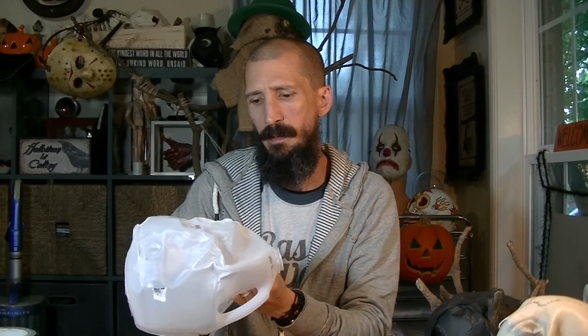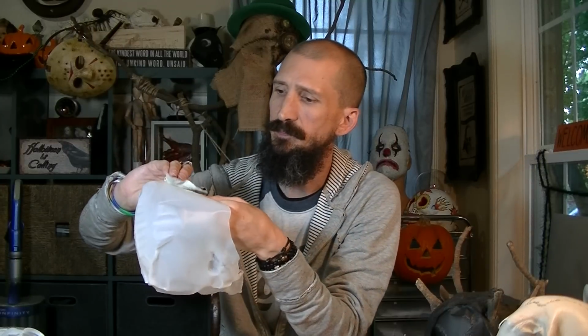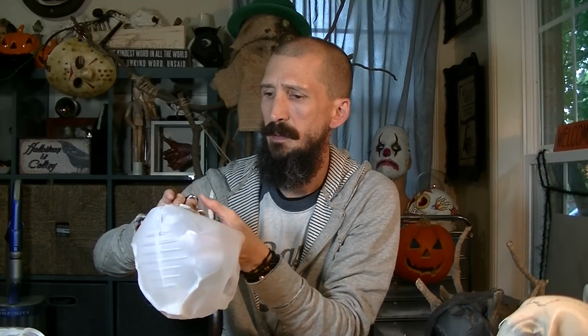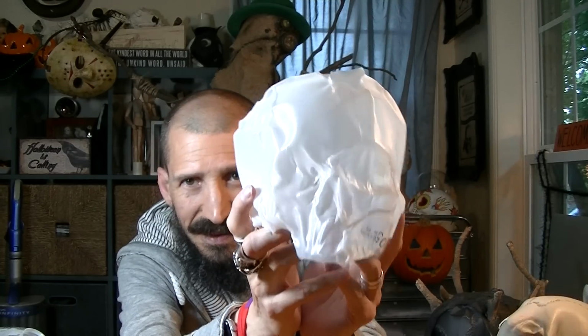Alright, that doesn't look like much, but we're going to trim it now. We're going to trim around the cheekbones, around the teeth, around the cheekbones, and then we'll leave the top, we cut around right there. I'm going to tape the seam in the back. And we have us a skull, and these are the skulls that I use for my scarecrows,